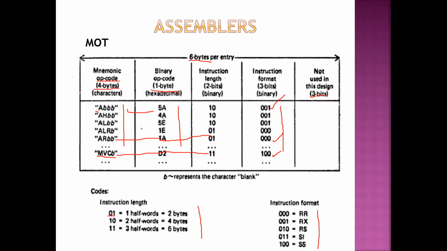This machine op table will be already available because all the instructions are predefined. Nothing is going to be user defined. So the whole thing can be ready even before you start writing the program. You just have to list all the instructions of IBM 360, their opcodes, their instruction length, and their format. That is why this table is called a fixed table. Understand? We'll move on to the next one.